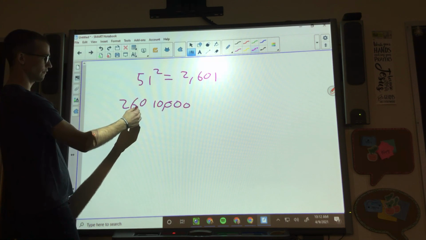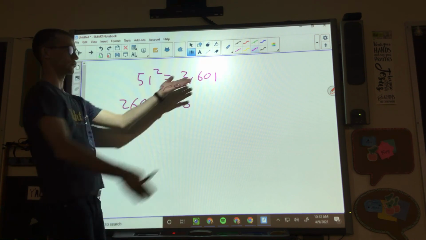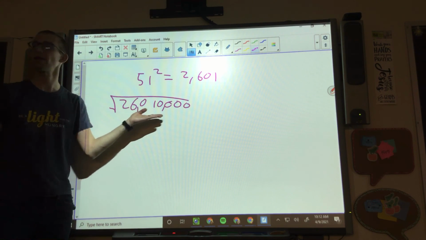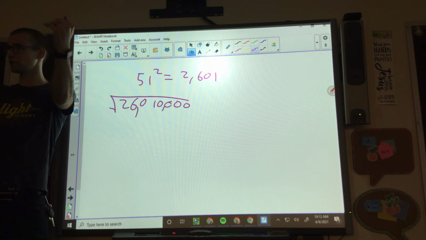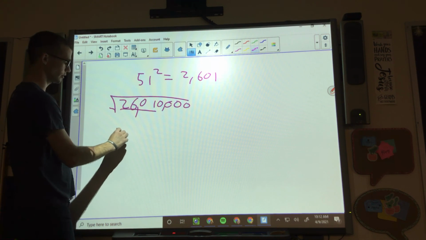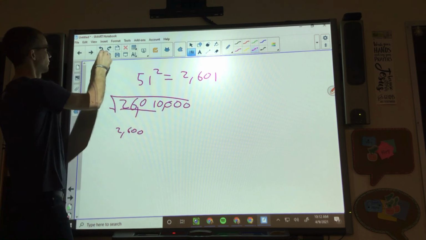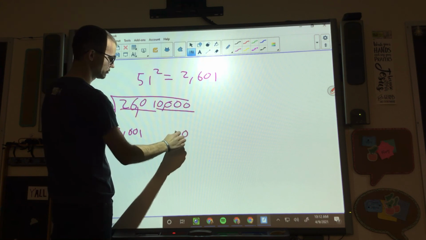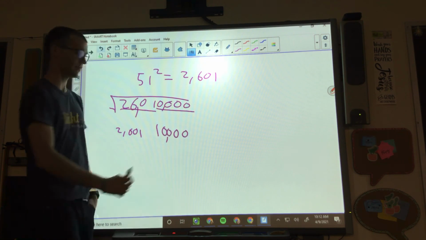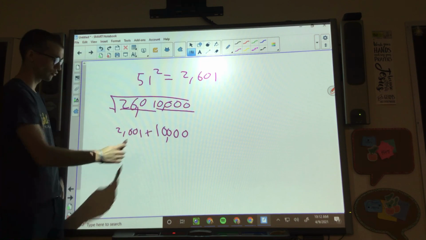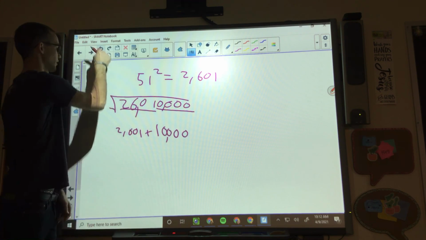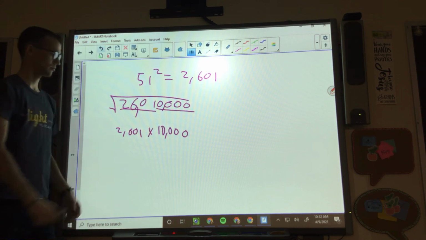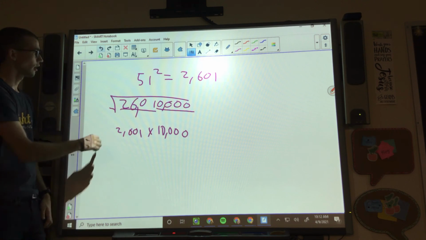So if I said, hey, if 51 squared equals 2,601, what is the square root of 26,010,000? Well, your brain should immediately say, hey, I know this part right here is 2,601. This part right here is 0, 0, 0, 0, okay, 10,000. That's a big number. Those are the two things that make this. Sorry, that's supposed to be a multiplication sign. So 10,000 times that. I know the square root